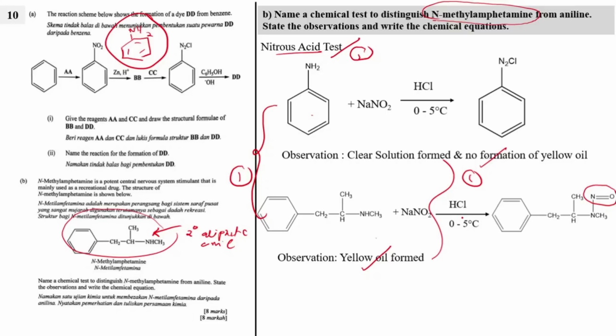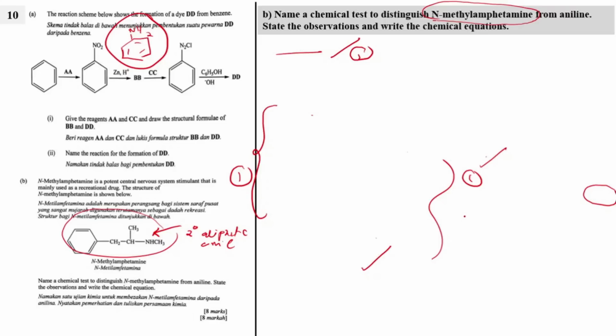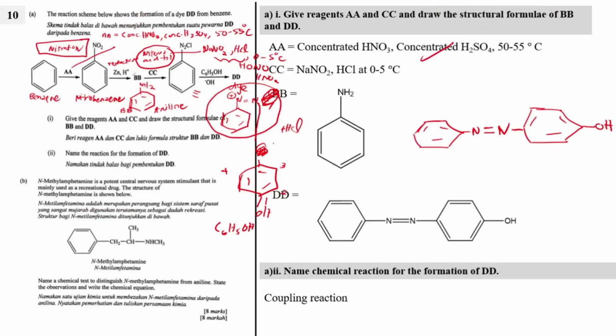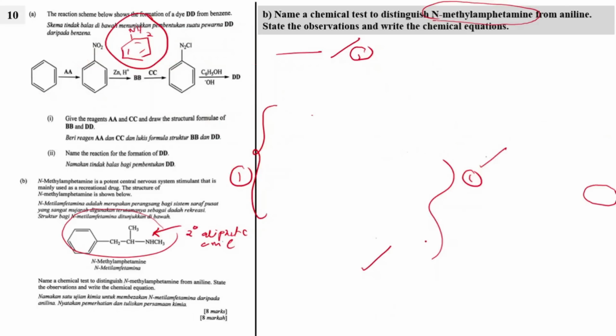Okay, so there are going to be 3 marks here. And then for question 10a, if you look into the previous pages, we can see that here will consist of 1 mark in order to give all the reactants correctly. This one another mark, this one another mark, this one another mark, and this one is another mark. So 5 marks with